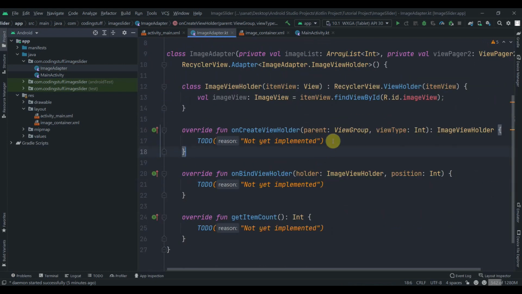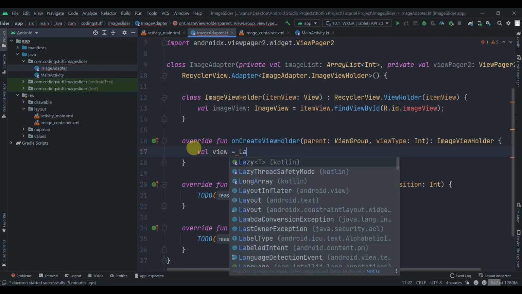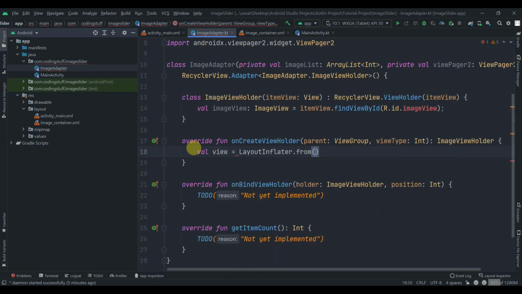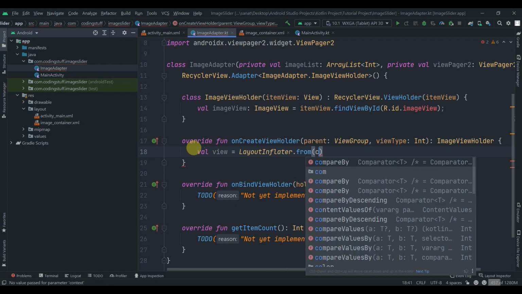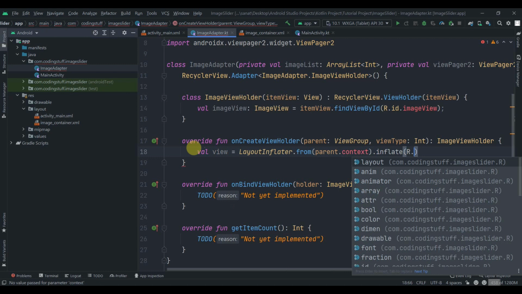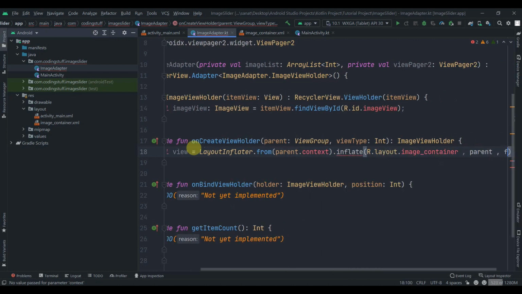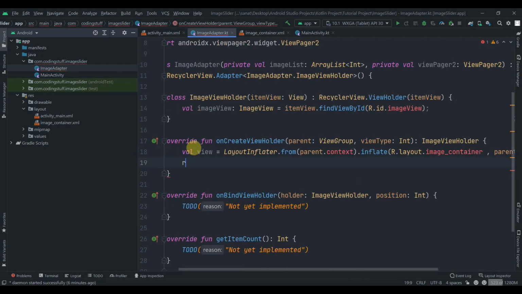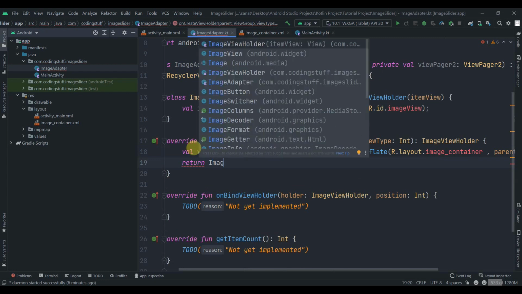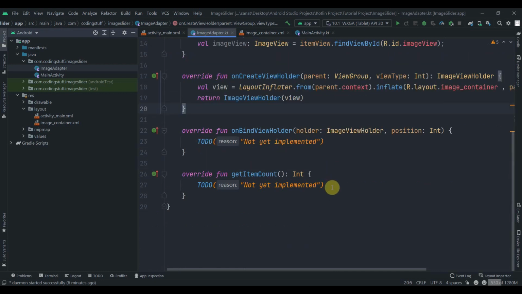So inside onCreateViewHolder we need to inflate the layout. So we'll create one val view, this will be equal to LayoutInflater.from(parent.context).inflate(R.layout.image_container. Another parameter will be parent, and then the last parameter will be false. Then we'll just return this ImageViewHolder and we'll pass in the view. So yeah, now we'll move to the getItemCount method,